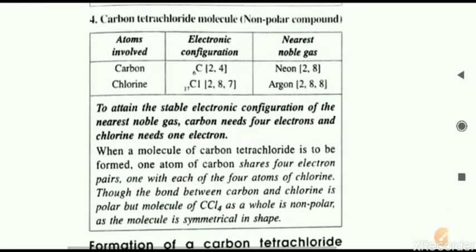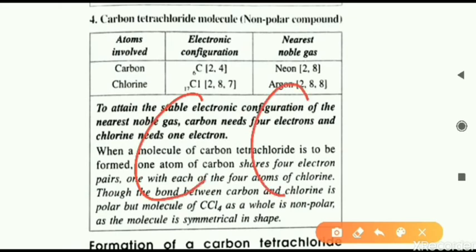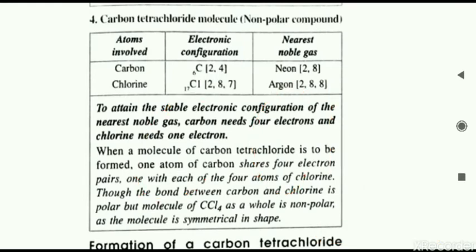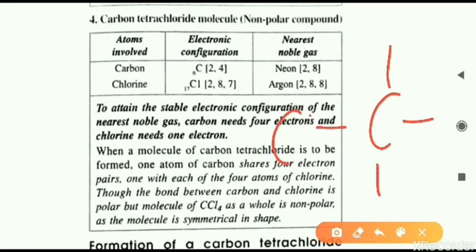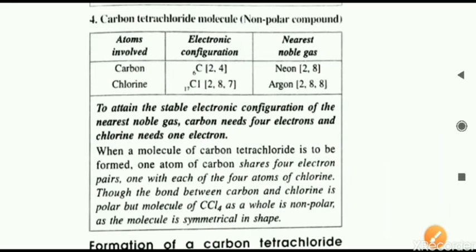This is also a non-polar compound. What is carbon tetrachloride? It is C, that is carbon, Cl4, that is 4 chlorine atoms are there. That is why it is called tetrachloride. Tetra means 4. So carbon tetrachloride, how is it actually? Carbon, on all the 4 sides, is surrounded by chlorine atoms. Chlorine atoms are all surrounding this molecule on different sides.